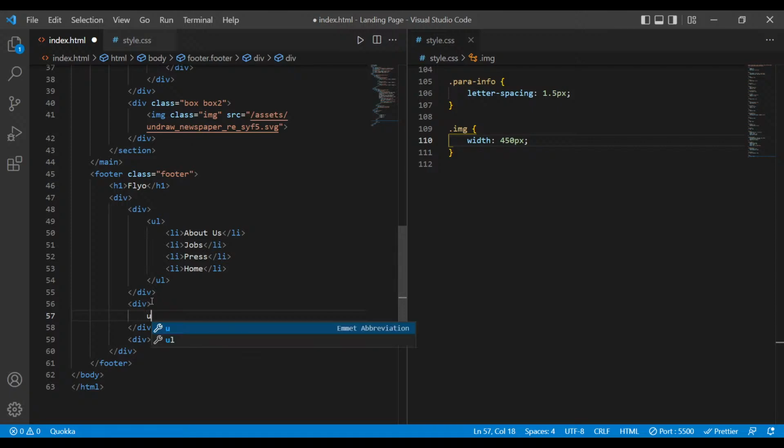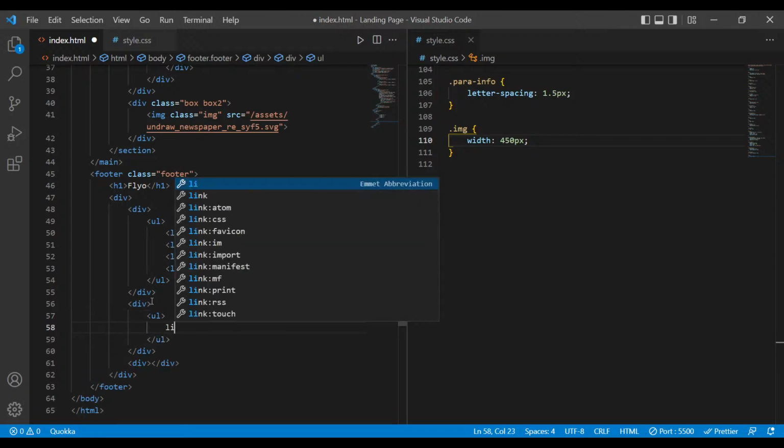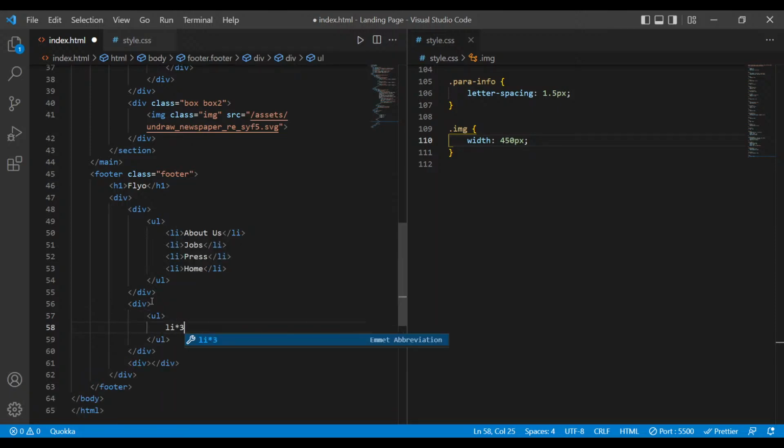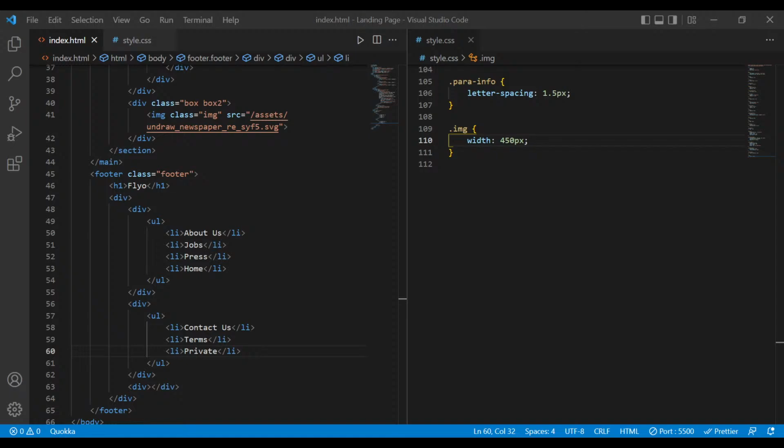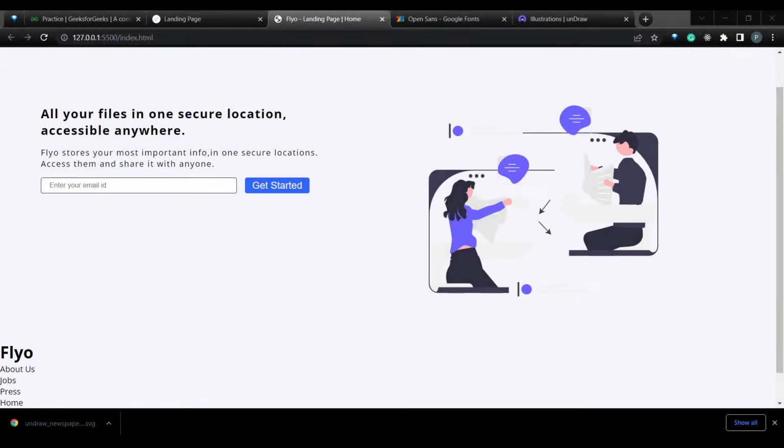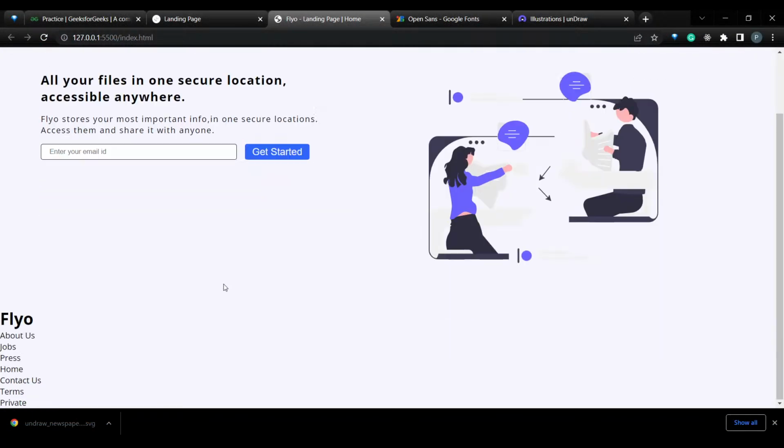Now I have another UL, and then I have 3 LIs over here, which tell about contact us, and then the terms and conditions, and then the privacy also. Okay. So if I save it, and then if I go back to the browser,